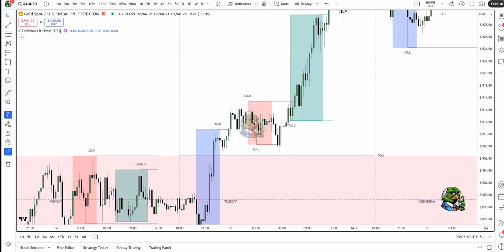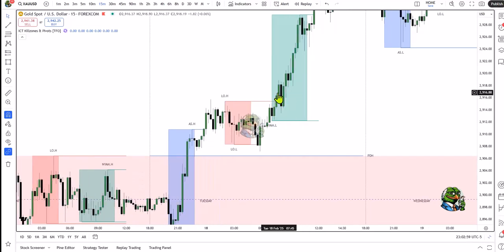We did not take that, okay. What we did instead was wait for a cleaner setup, and time is important. So you can see here, what we were looking for is 8:30 right there. We have nice movement up, and you can see there's a fair value gap there, and this down candle